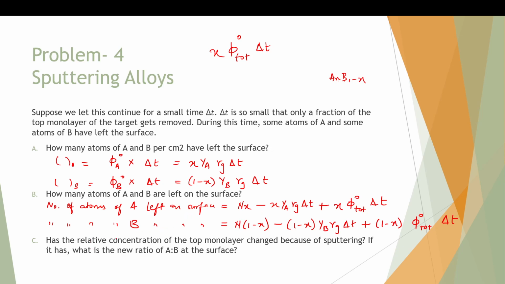So has the relative concentration on the top monolayer changed because of sputtering? If it has, what is the new ratio of A is to B on the surface? So basically they are just asking us A is to B, and that is nothing but this term is to this. So for that I will just take the x outside, x times n minus Ya Rg delta t plus